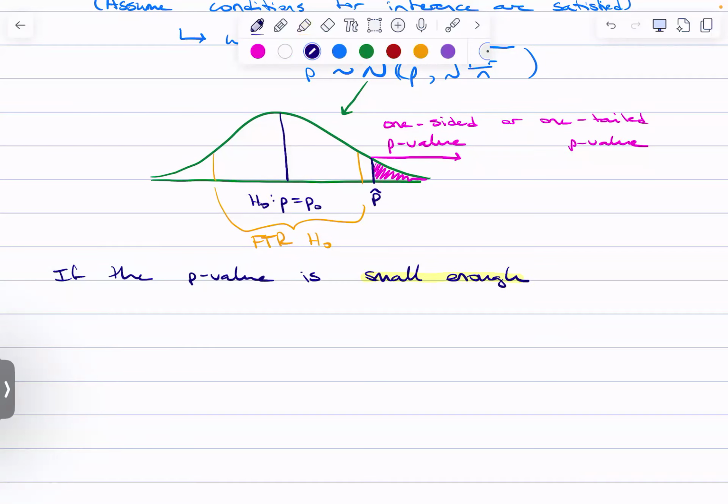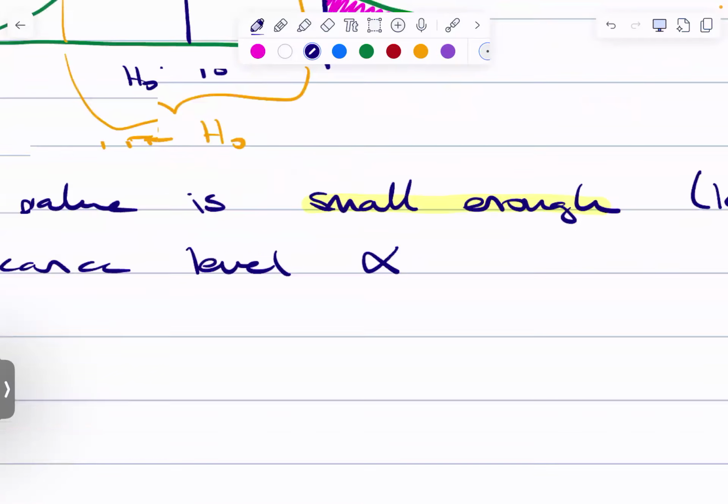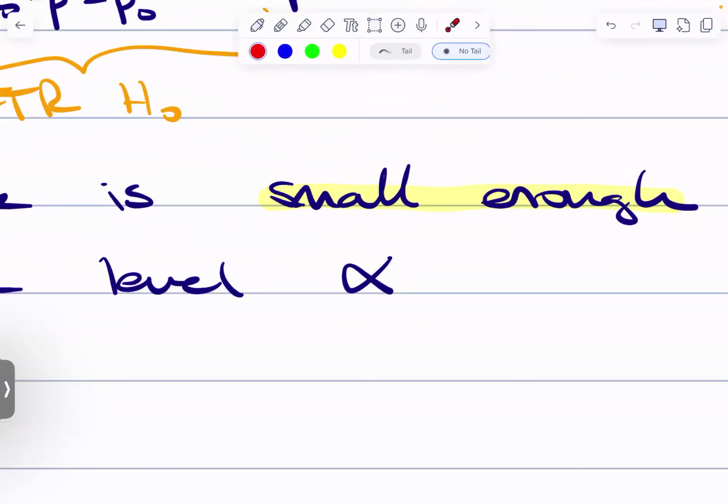Really what I mean is less than the significance level, which we denote by alpha. So a new Greek letter, alpha. Alpha is the fish. And so alpha